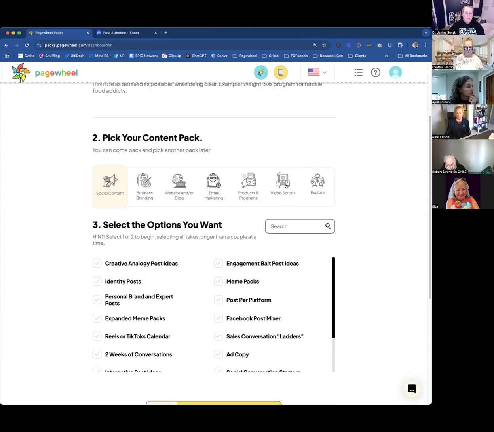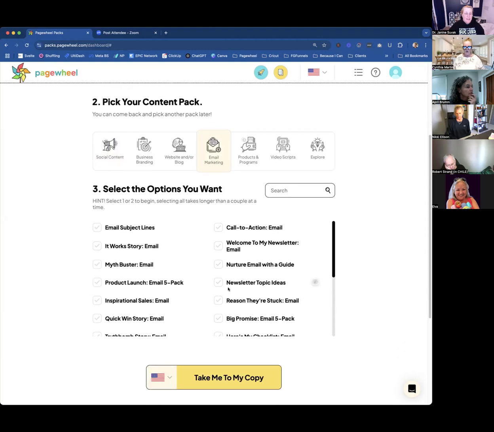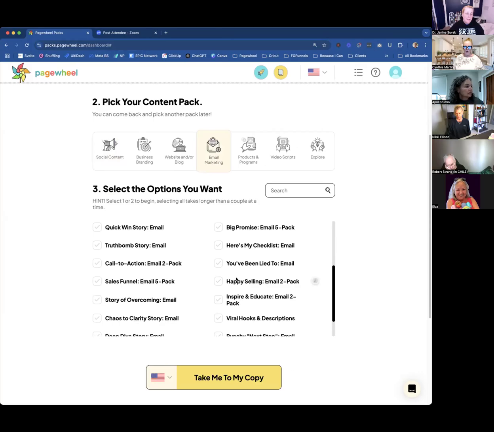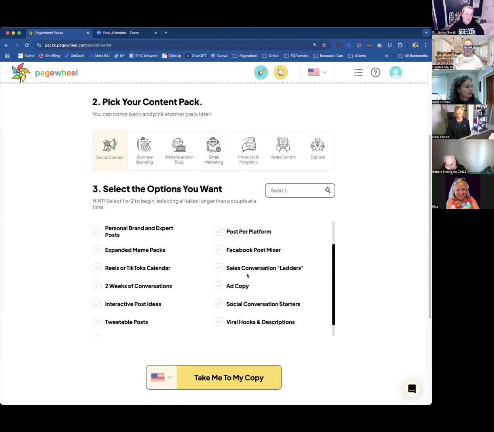Then you pick, what are you trying to do? Are you doing social media content? Are you doing email marketing? What are you doing? Pick the section and then come down here and pick the actual copy pack content you want. So if we're doing social content and we want Facebook posts,